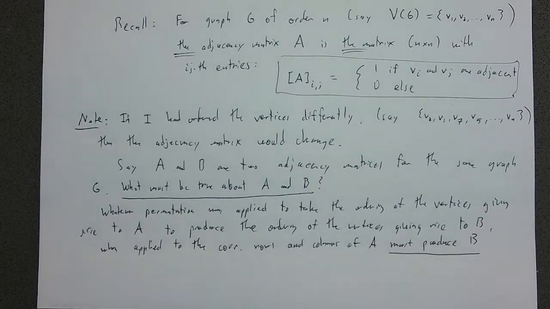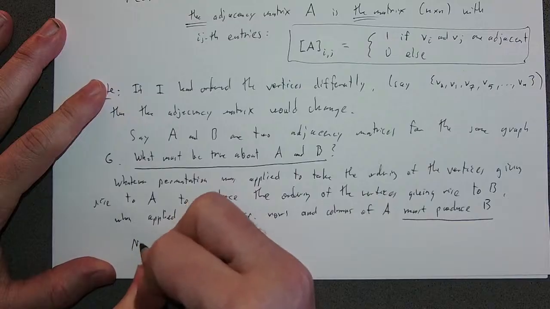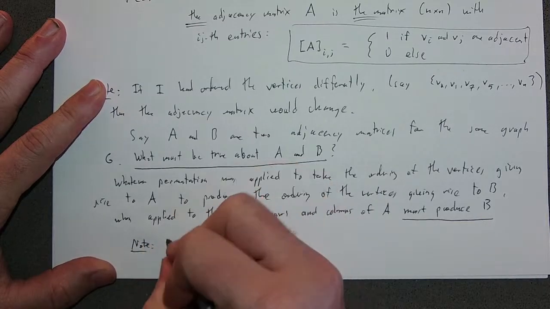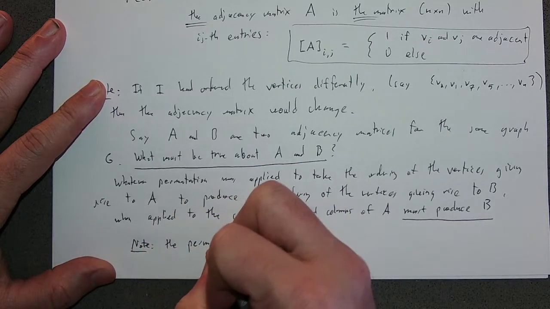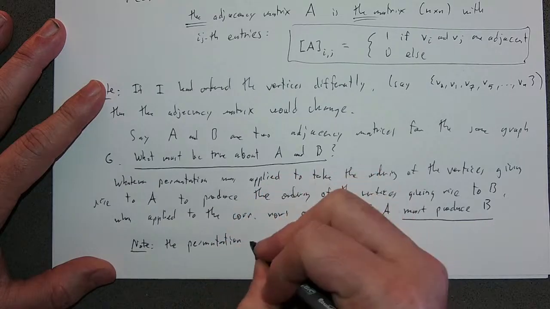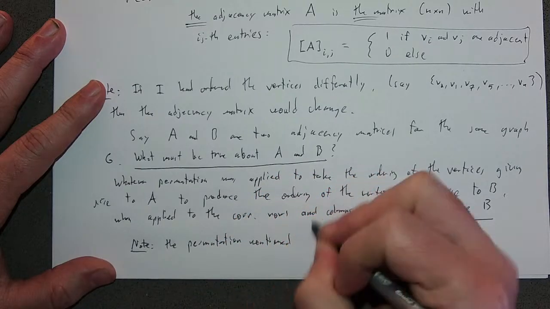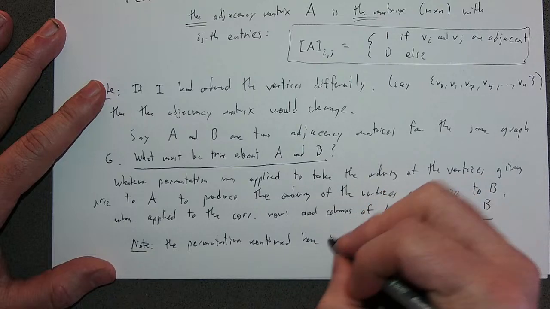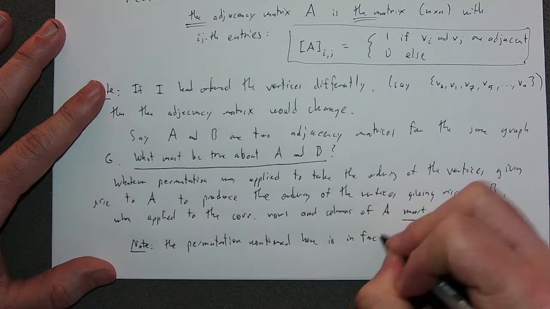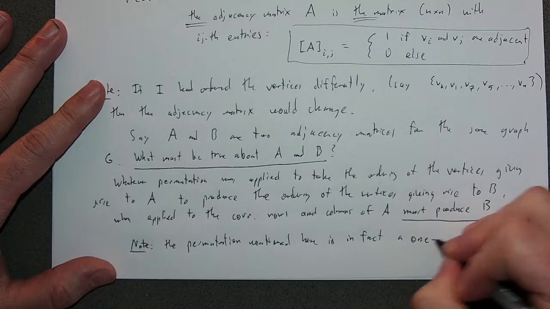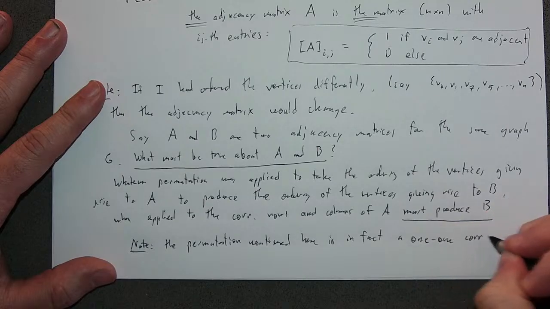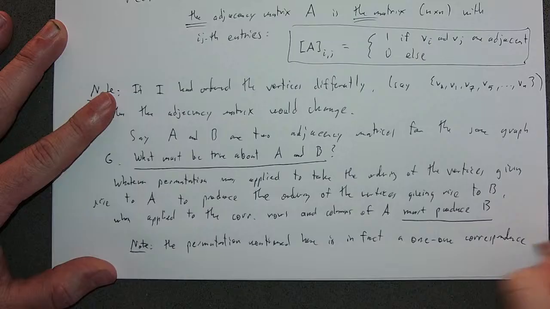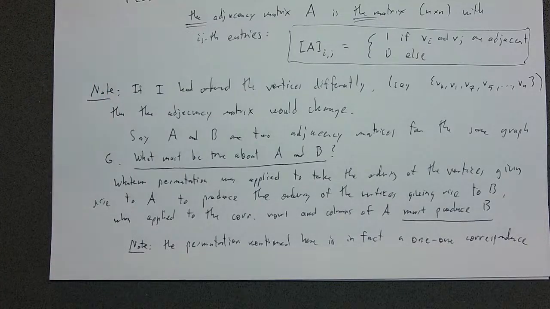Well, let's just write that out. Note, the permutation mentioned here is, in fact, a one-to-one correspondence between the vertex set and itself. Since we know that isomorphic graphs have to have the cardinality of their vertex and edge sets be the same,